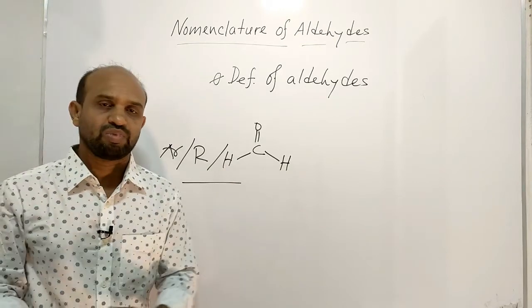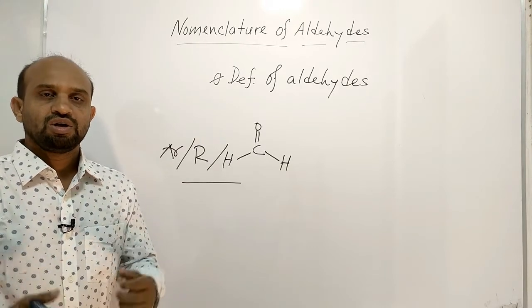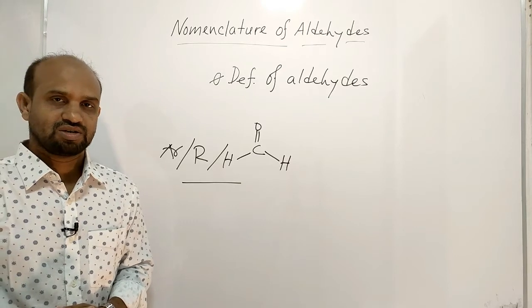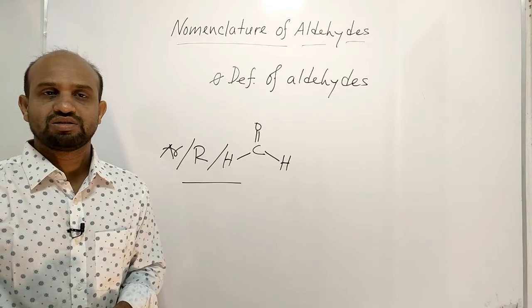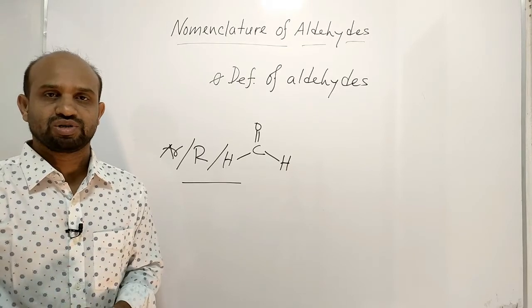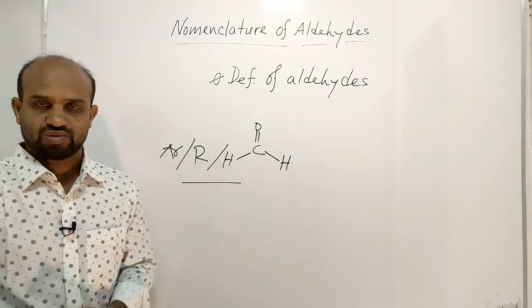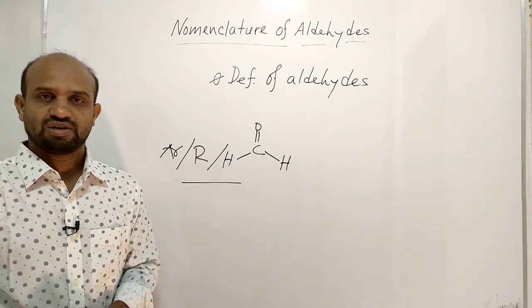Definition: the compound which is formed when one valency of carbonyl group is combined with hydrogen and another valency of carbonyl group is combined with hydrogen or alkyl group or aryl group, then the compound formed is called aldehyde,